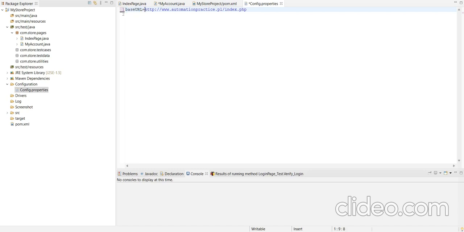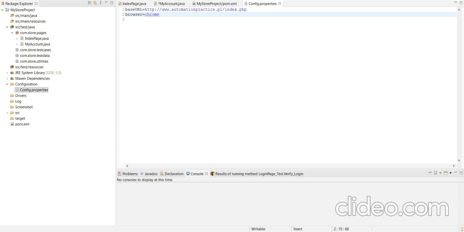Also we save the browser here, whether it is Chrome browser or Gecko driver, Chrome driver. Here we are using Chrome browser, so we gave the name Chrome, and we will save this config.properties file.